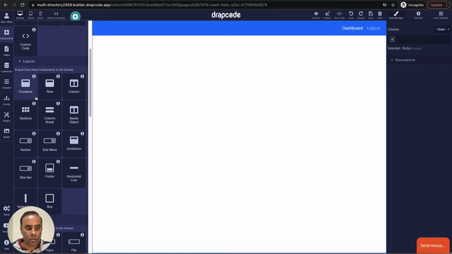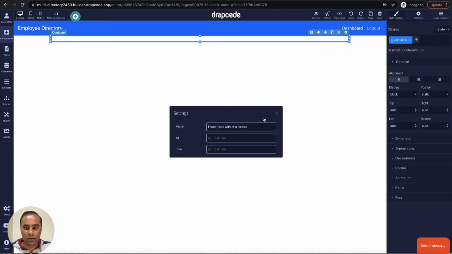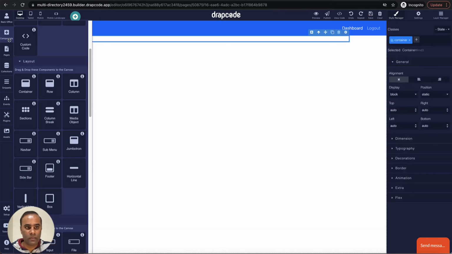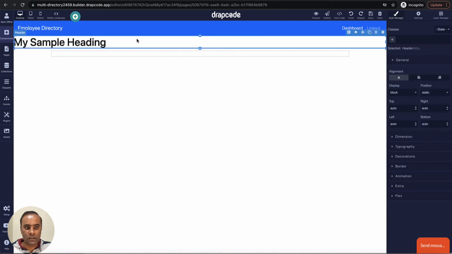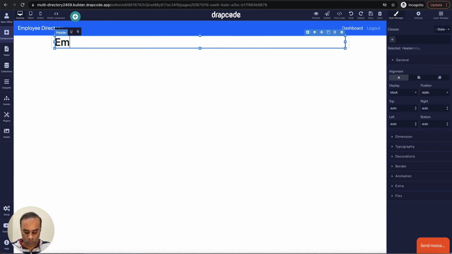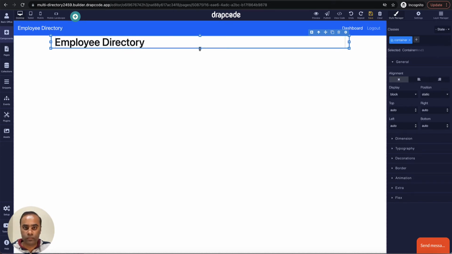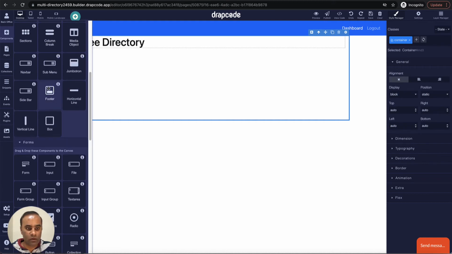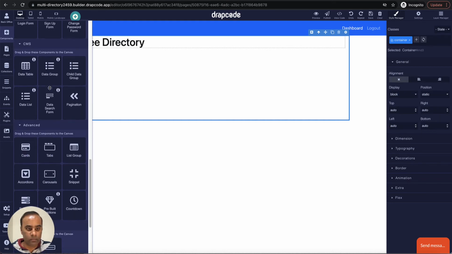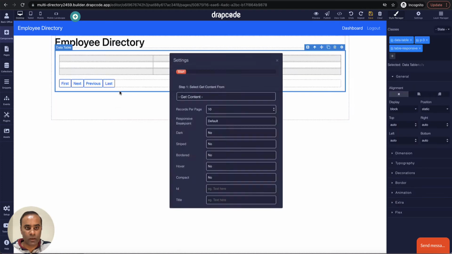Let's first drop a container so that we can cover the layout. After that, I'll drop a header which says employee directory. Now let's display the data of all the employees in the form of a table. I'll drop a data table, which is a CMS component.